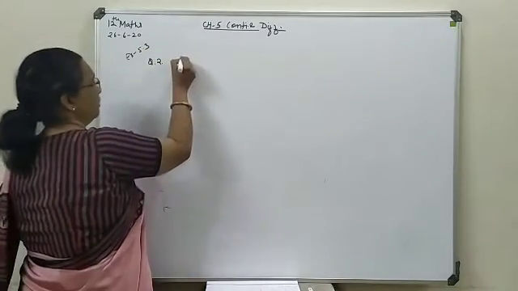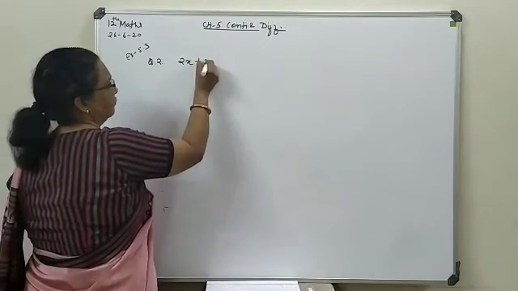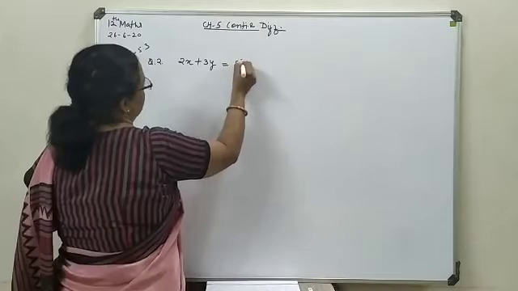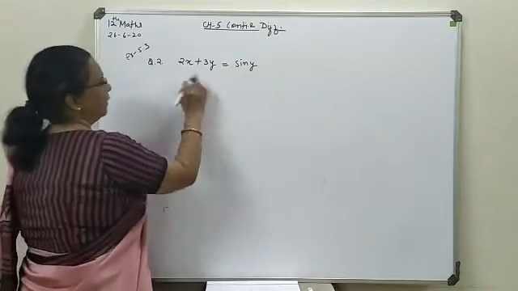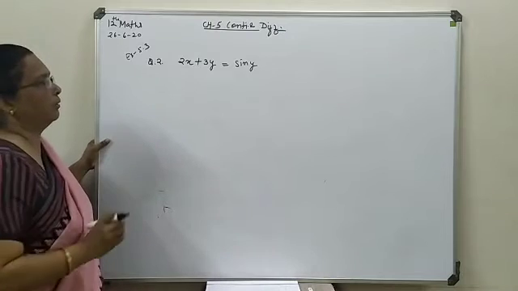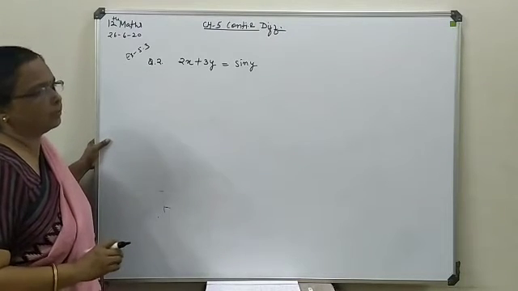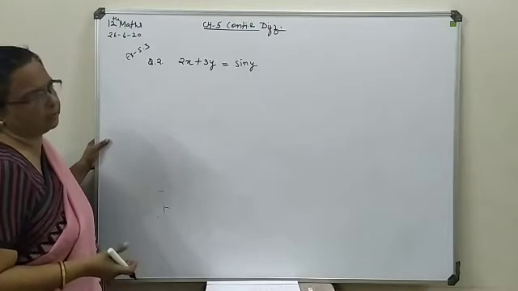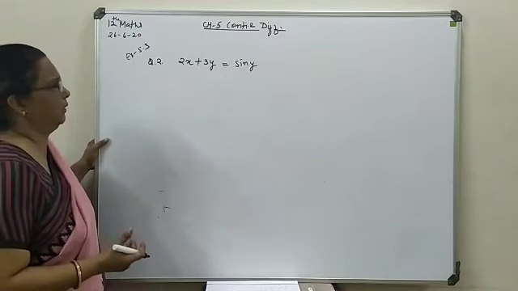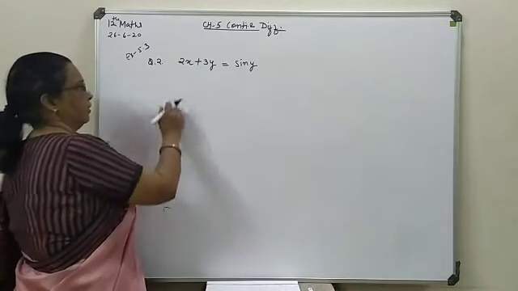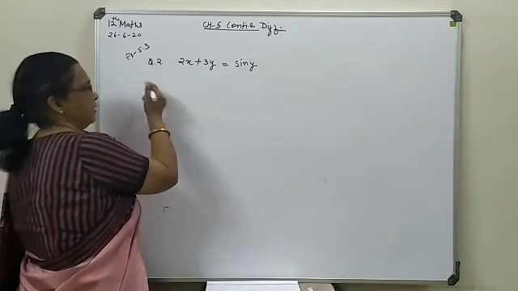Your question is available in the normal linear form, 2x plus 3y equals sine of y. Here it is very clear that y or x is not possible to make separate. Even if you make it separate, it will come in terms of one another. So as such, your functions are to be treated for differentiation. Nothing is to be written in separate form.